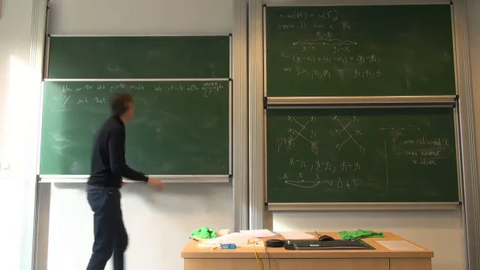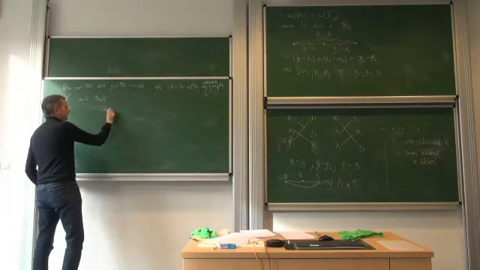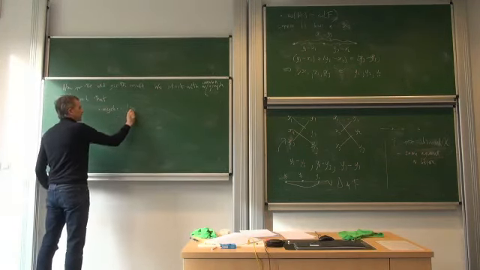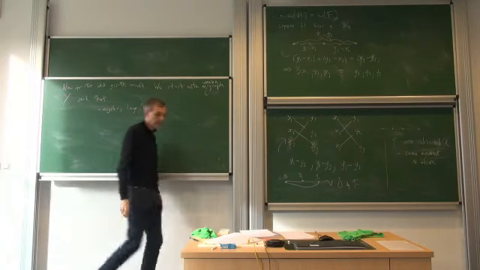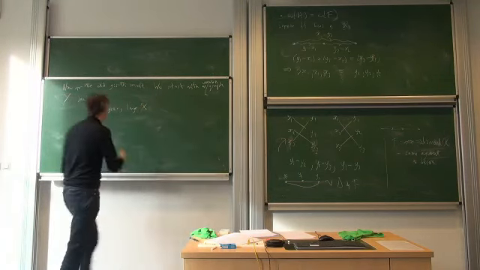So what we want is large chromatic number. Again, this property